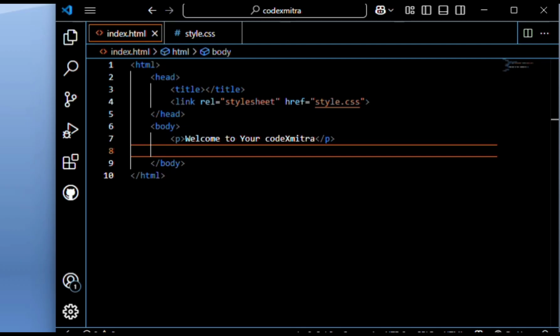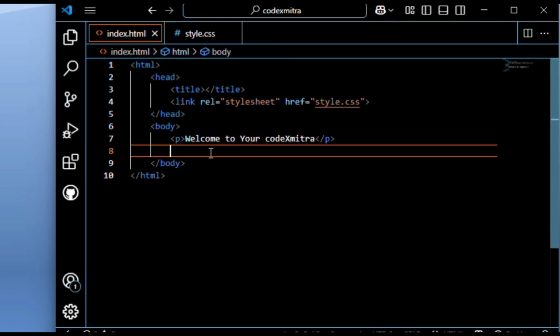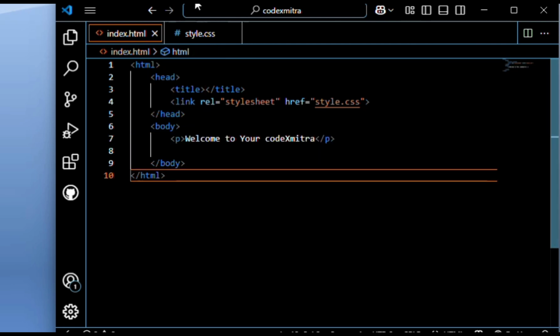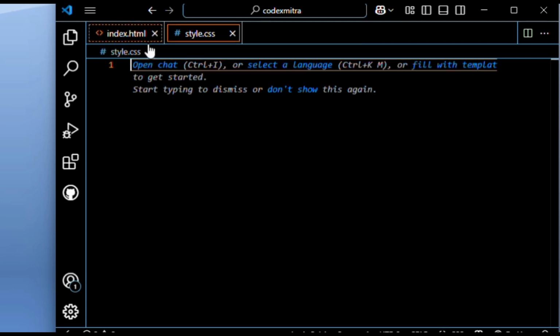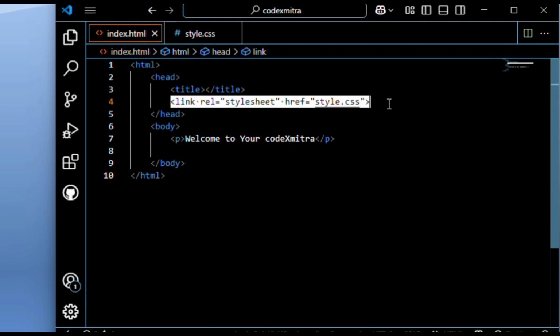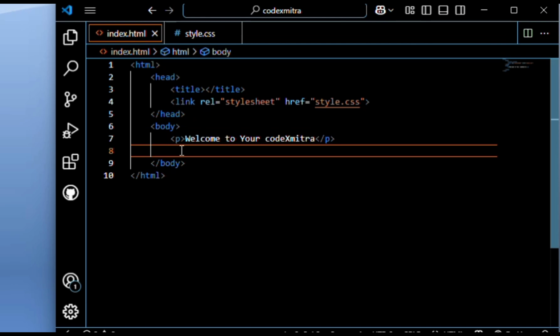Open VS Code. Here you can see I have created an index.html file, and in that I have given the basic structure of an HTML file, and inside the body section I have given one paragraph. Then I have created a style.css file. This is empty for now, and the link for that CSS I have given in the HTML file. Here you can see the link rel equals stylesheet, and the href means the file name is style.css. Now let's save both the files